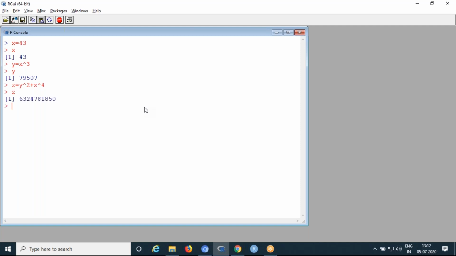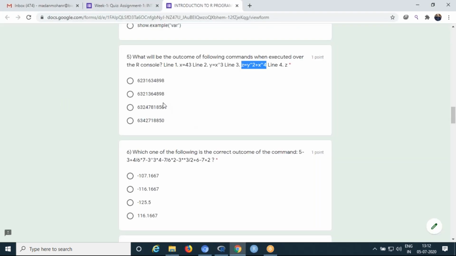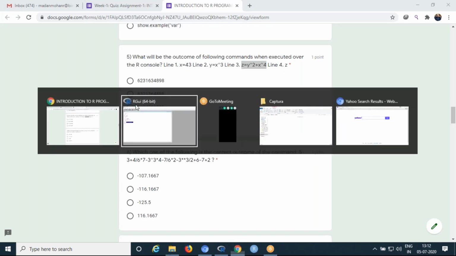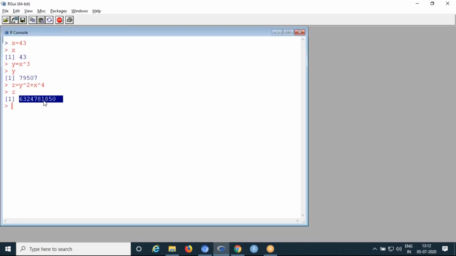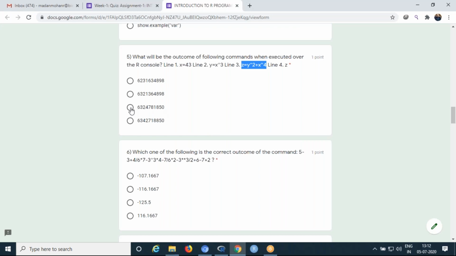Then check out the z. So this is the answer. Check whether this answer is available or not. Yeah, 781850 is there. Yeah, this option is there. So this is the outcome.